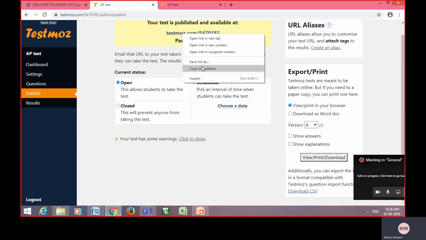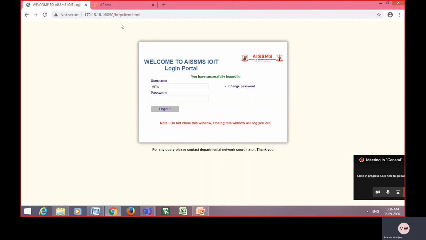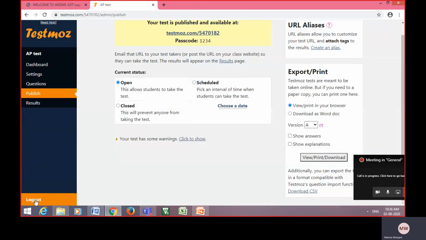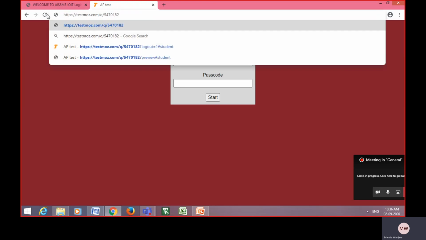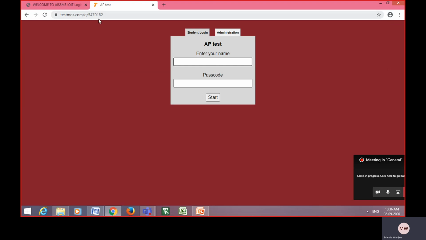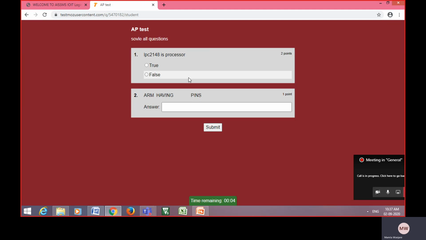Copy that link. Whenever I enter from students login, that URL link is important, and the passcode is very important.